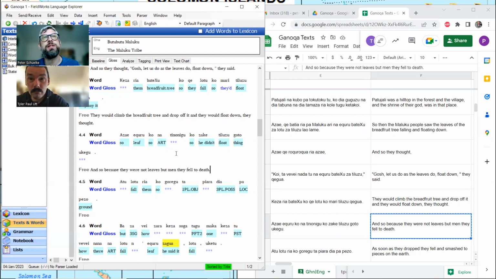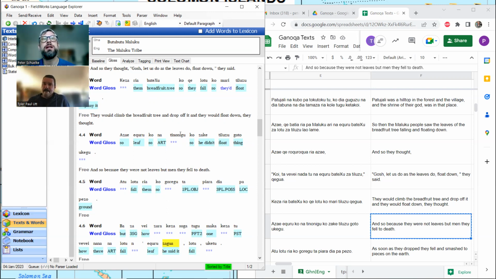So this goo at the end of stuff is interesting to me because I feel quite confident Tinoni by itself means men or humans. One of the things about Austronesian is they don't have gendered pronouns. Dr. Alex Smith has told me there is one language community in central Borneo which has innovated gendered pronouns. That's over more than 1,200 languages. It happened a single time. But what happens is this is translated as men because at the time in English literature, that is how you would translate the plural of humans.